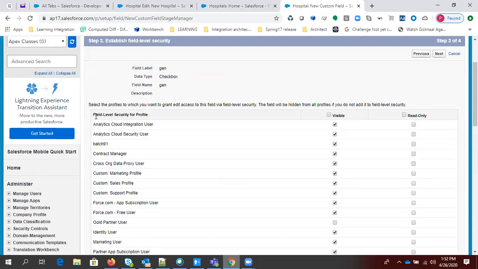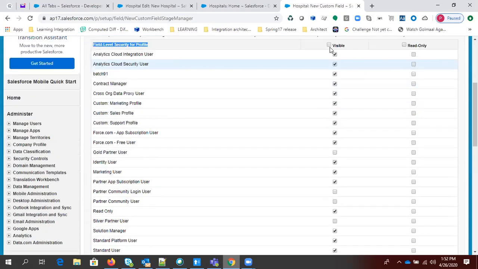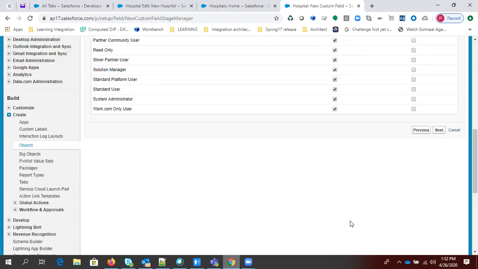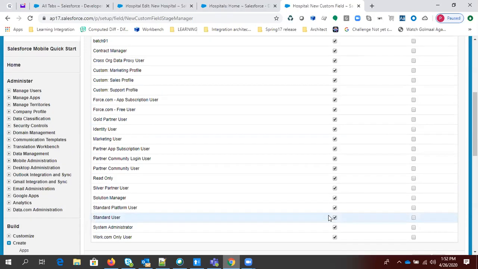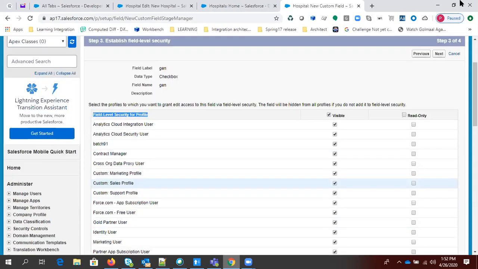Now it is asking for field level security because you are creating a field. It is asking which profiles this particular field will be visible for. So if you click on this button, then this particular field will be visible for all the profiles. I have asked you to just ignore this step every time we create a field, but right now you can look at this particular step, right?